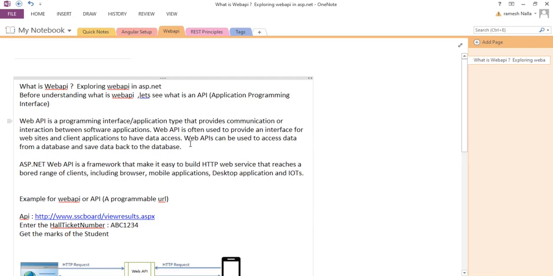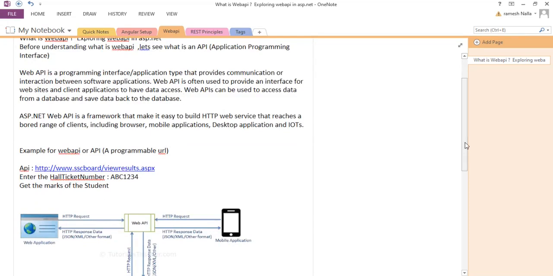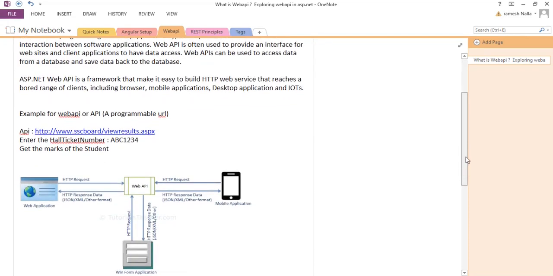If you see the architecture or the high level information about this Web API, I can give one example. As we already discussed, Web API is an application programming interface, or a programmable URL, right? Let's take this example. If we want to see the results of the SSC exam, the 10th class examination result, it is online.